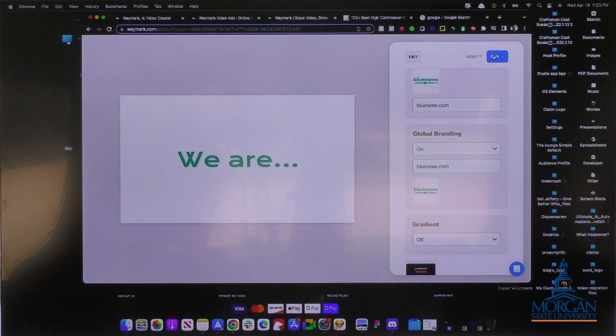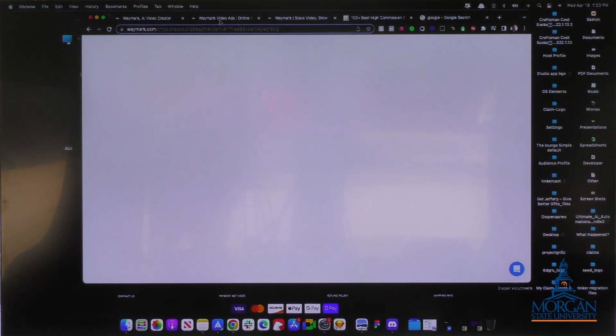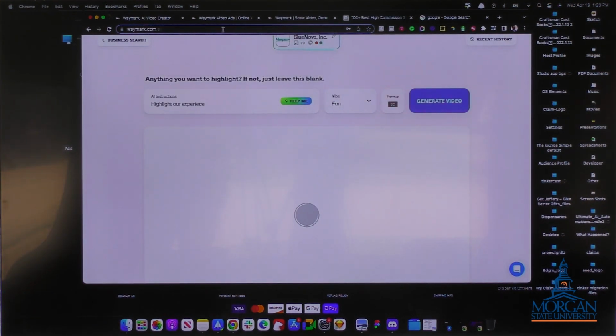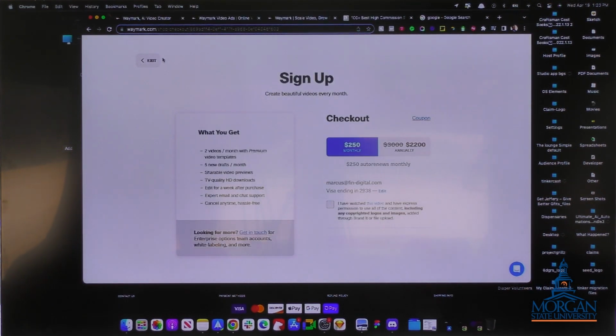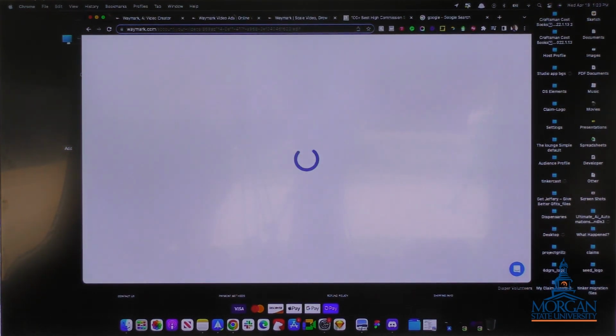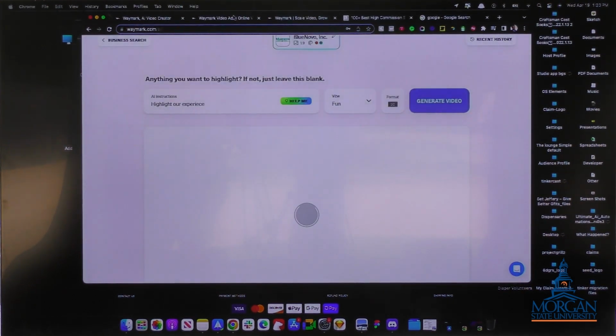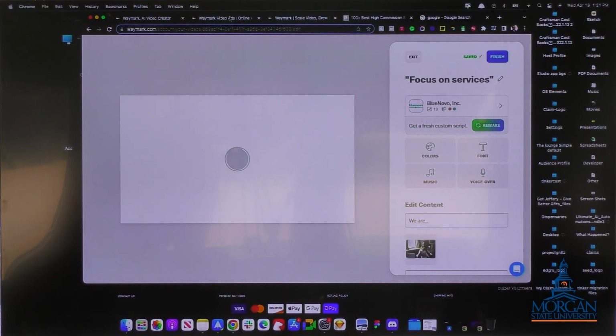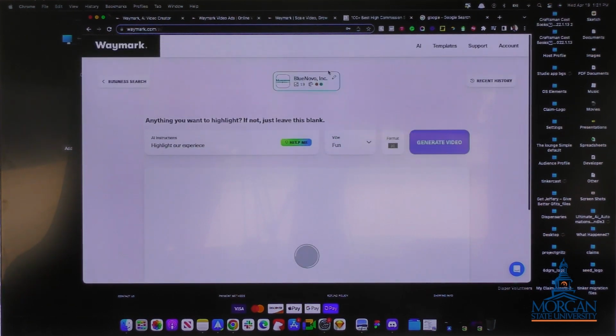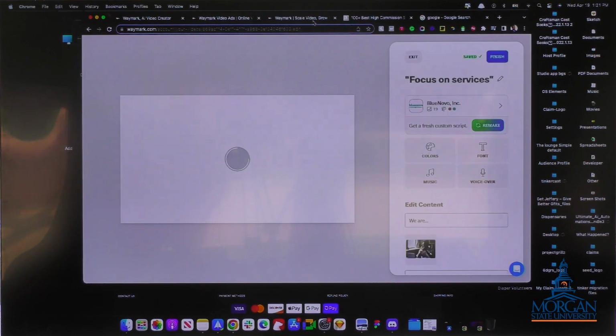But let me show you the video because it's pretty impressive. Let's see if this one's done. So it's still turning, but I'll show you the one that I've already generated. Let me go back. And that's what's pretty cool. A lot of these things have free trials. You get a number of free generations, or you can create something a few times before you hit the paywall. For this one, I shouldn't have had it regenerate, but you could see before once it finished loading, it's a pretty impressive video